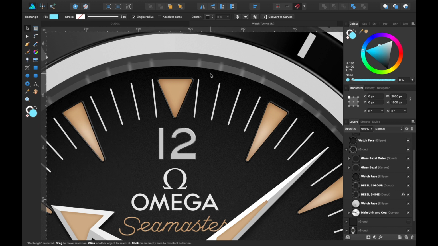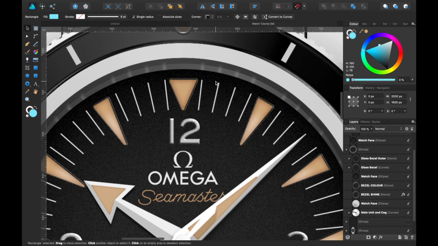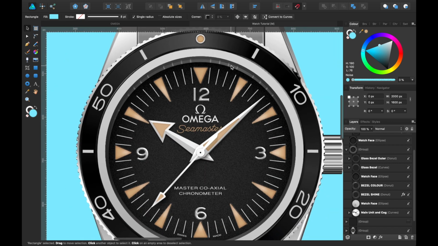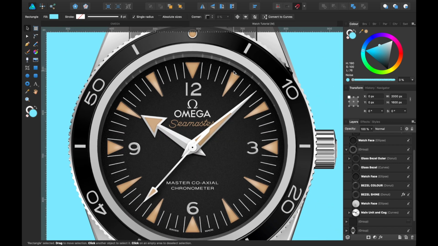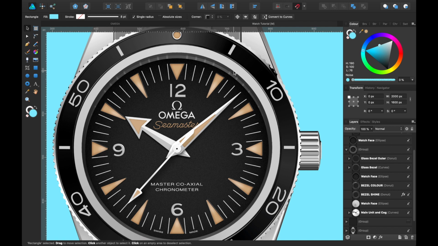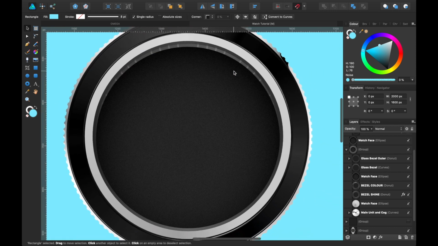The glass that covers the watch face is cut at an angle, and this is reflecting some of the indices which are down here. And I thought that was really important to include it, as it's just something you wouldn't find on a more cartoony version of a watch. It's more detailed.